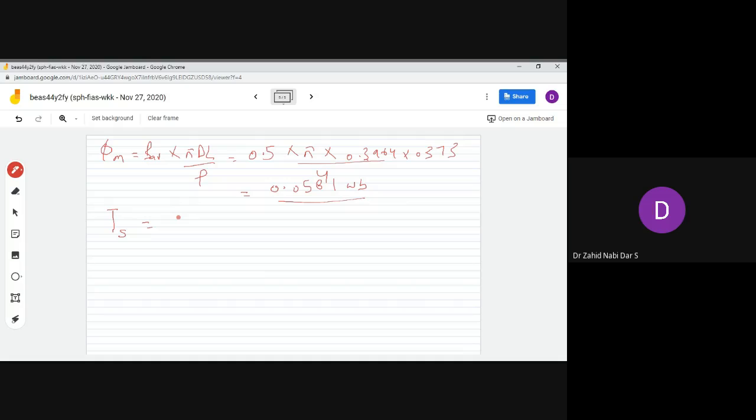TS value is, again the formula I'll write for your convenience. ES, 4.44 into F into phi m into kws. So here this is 400. Why is this 400? Because it is delta connected, and in delta your